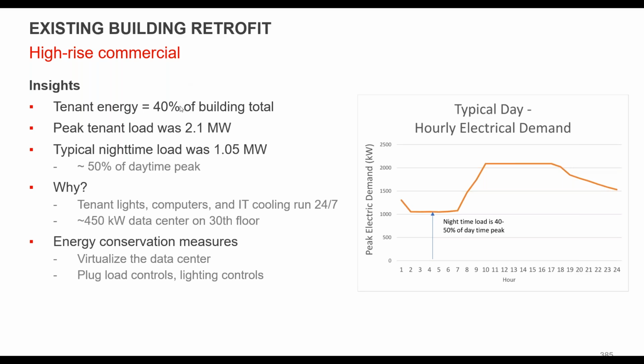There's a lot of amenity, and there's a lot of chilled water that gets sent to the building next door. So that had to be removed. But it gave us some very good data points. 2.1 megawatts of peak tenant load. The big one here that I talked about is that the nighttime load was still over a megawatt in the building, right? And the graph on the right shows all of those schedules consolidated into a typical day and a typical profile, right? So we noticed that the nighttime was still really huge.